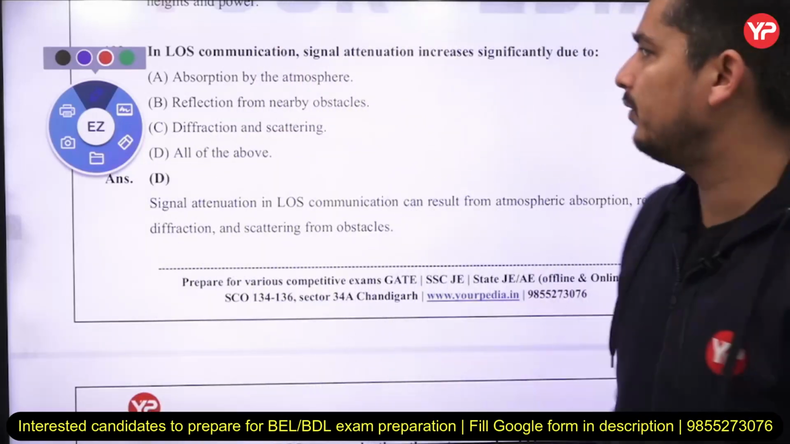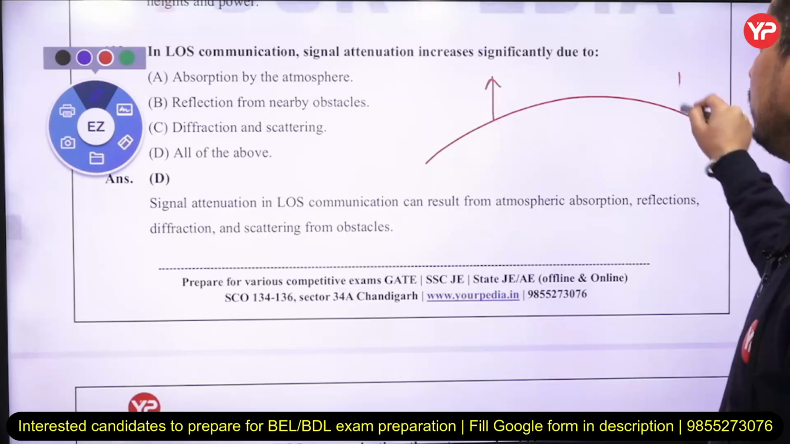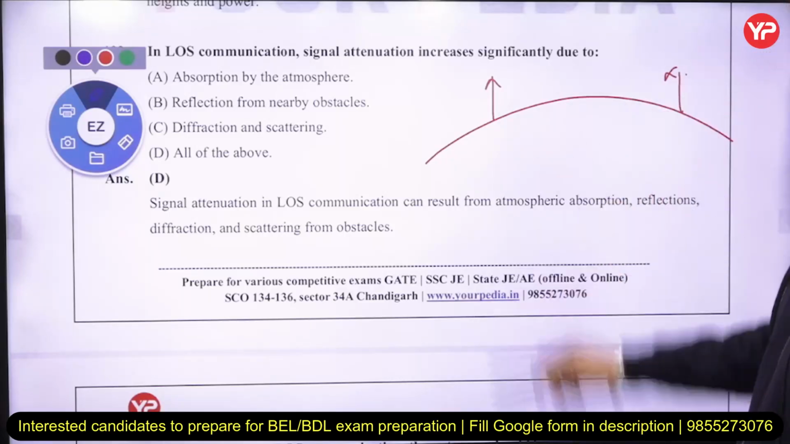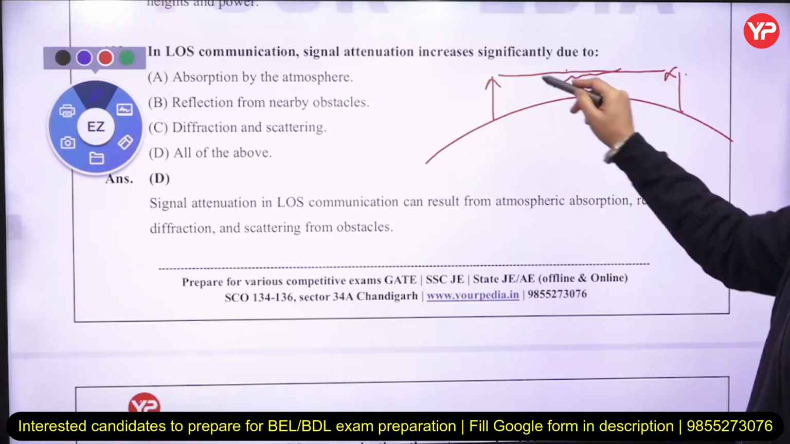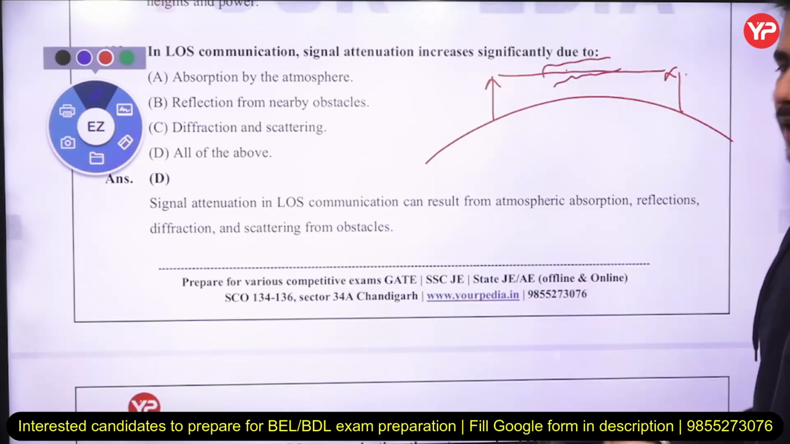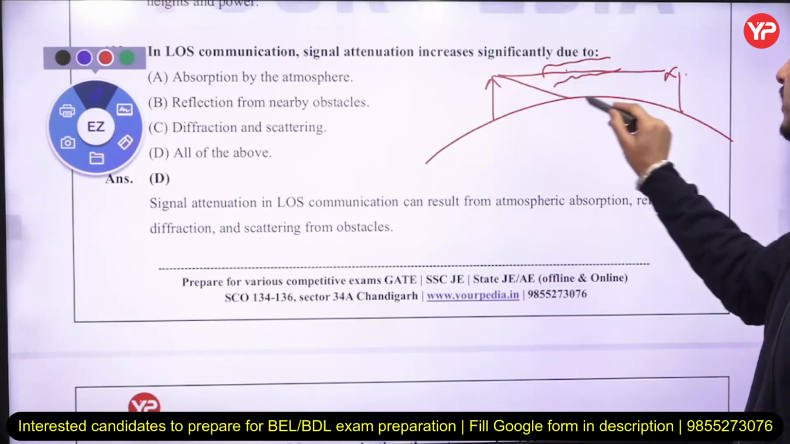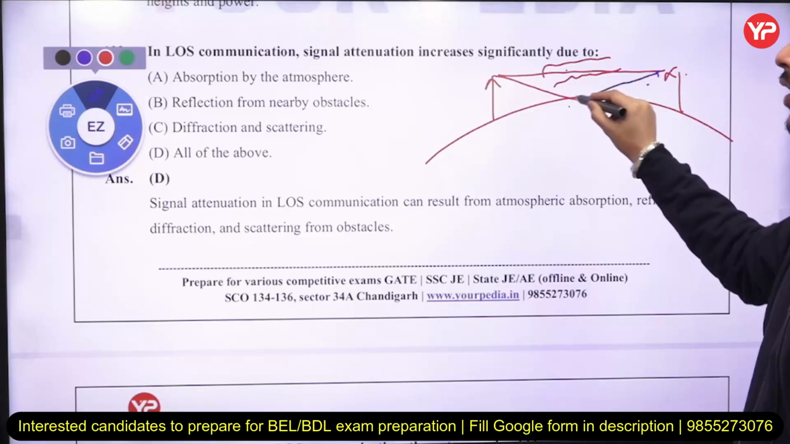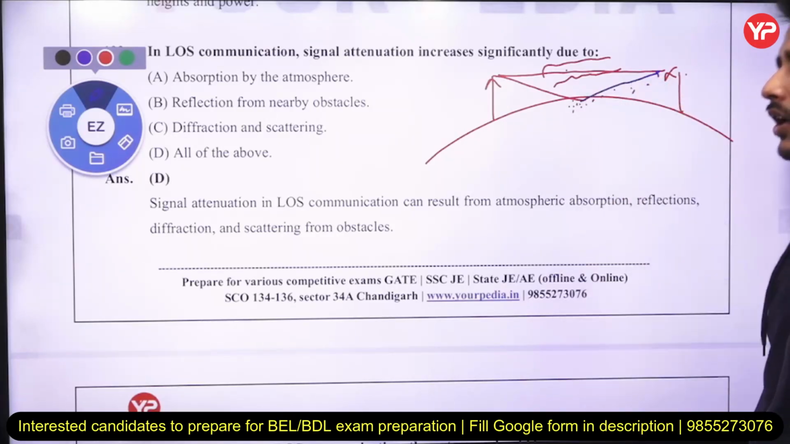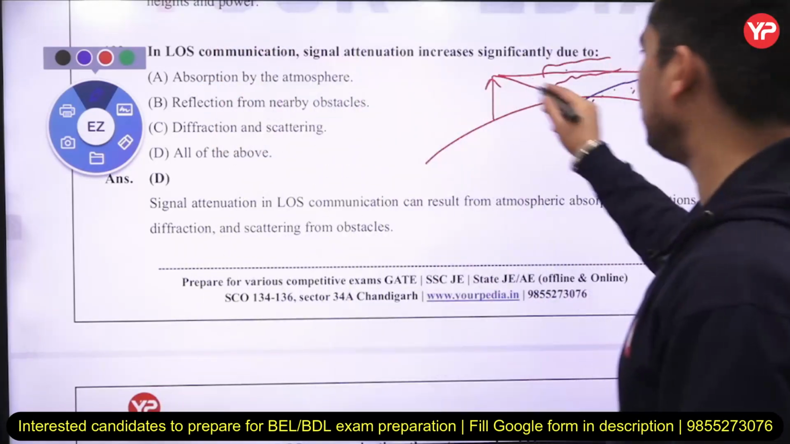affect your signal power. Basically, whenever you have line of sight communication, this is the antenna, this is your other antenna. The first thing, whenever you are sending a signal, this signal will go through the atmosphere, so some power will be absorbed by the atmosphere. The other thing is, whenever you are sending this signal, it is reflected by the earth, so there will be a reflection from the earth,